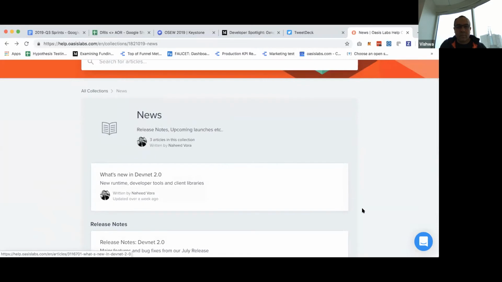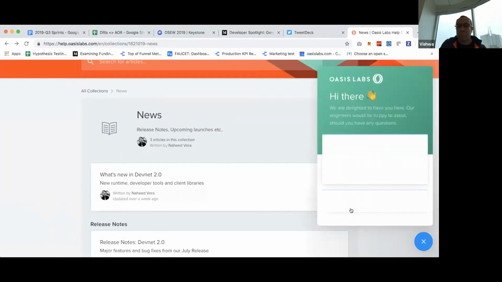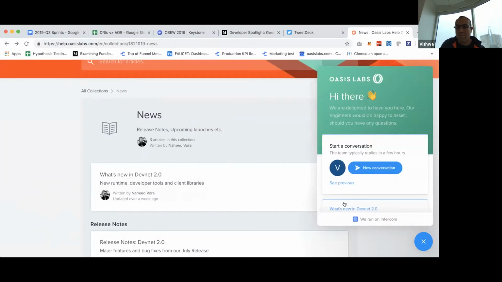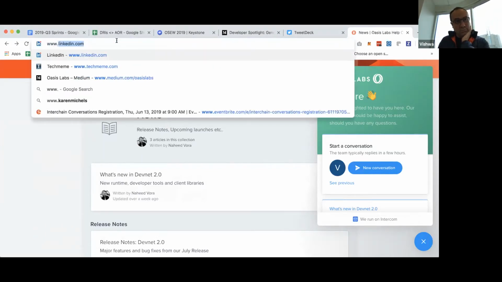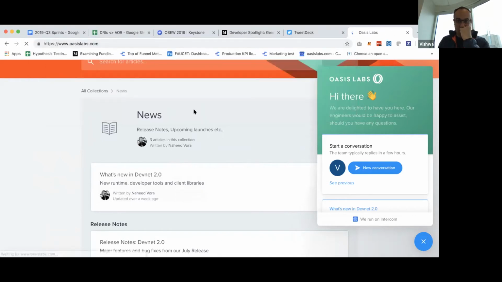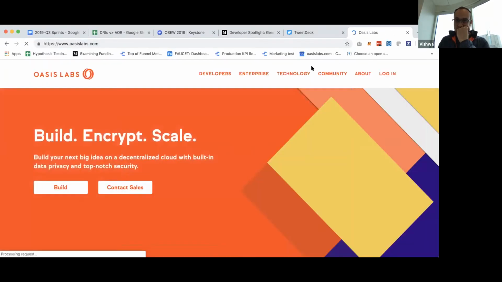Last but not least, if you need help as you're building, there are a couple of ways to do this. One is just message us on Intercom. This should launch very quickly in the next day or two. If for some reason we're not there, if the hours are off, you can also go to our Gitter.